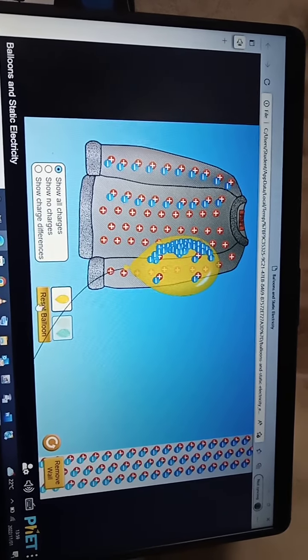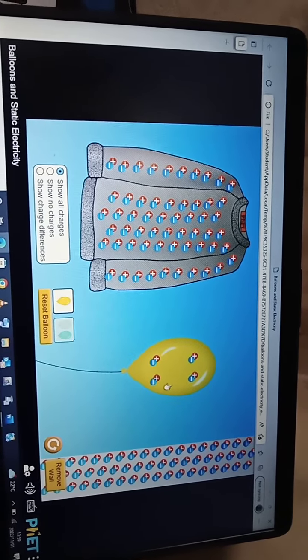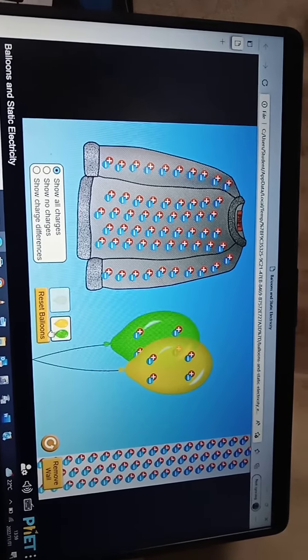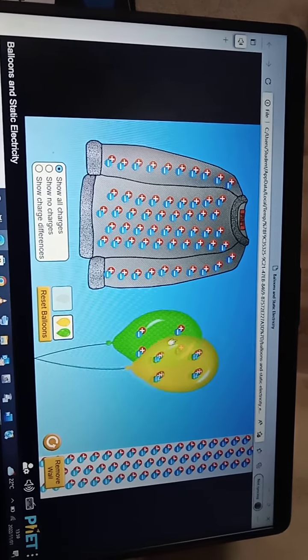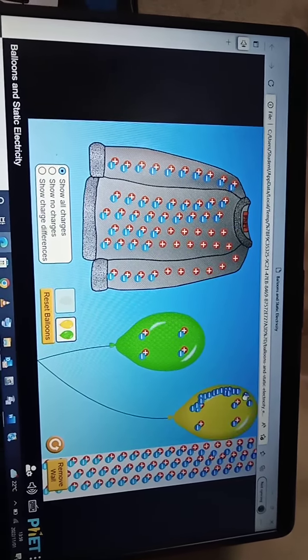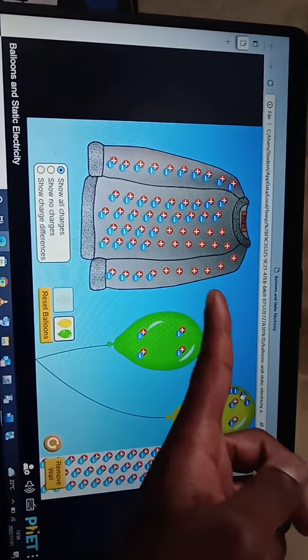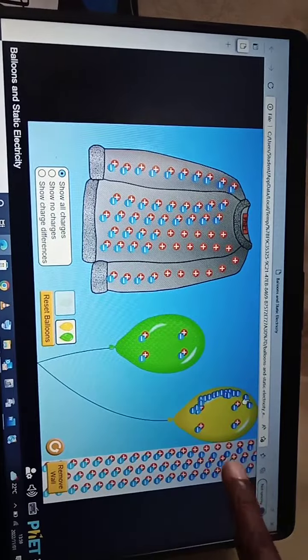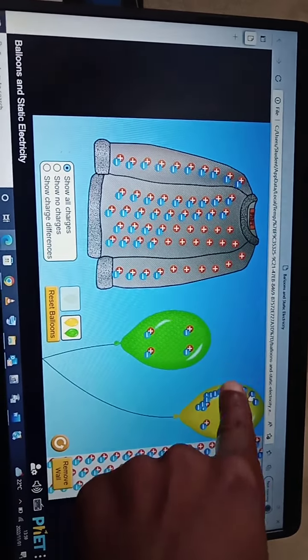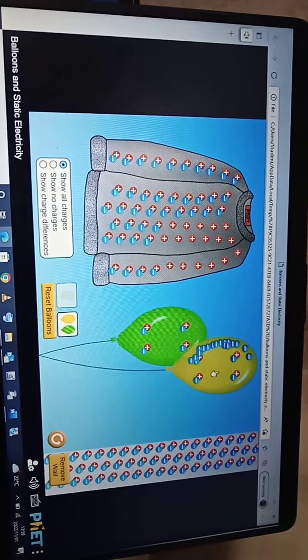So I want to reset the balloon. Now the charges are what? Neutral again. So I'm just gonna add another balloon just for the interest sake of the experiment. So if you take this, you see it gains electrons. So now, due to the negatively charged jersey, the balloon is gonna be attracted to the jersey, because it wants to be neutral. So if you leave it like this, you see,